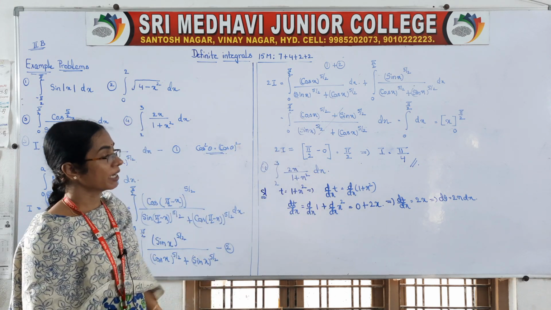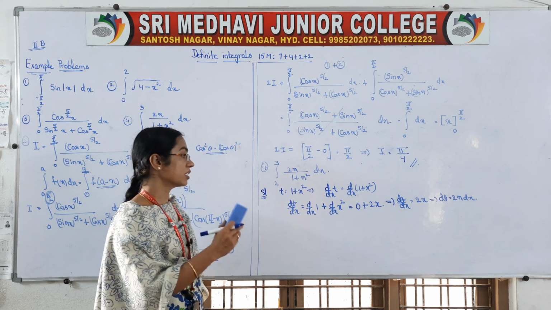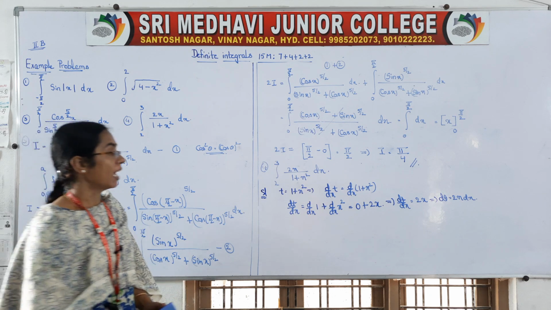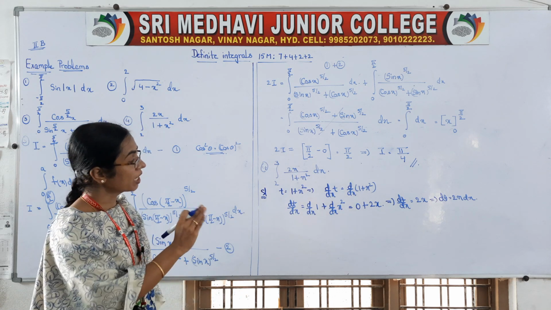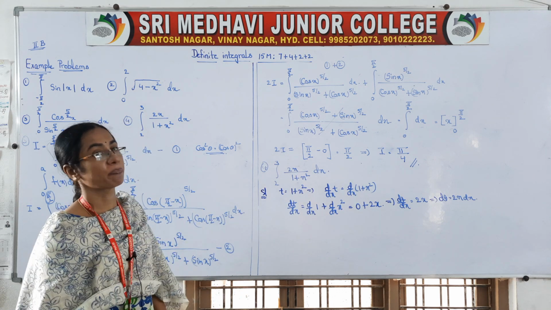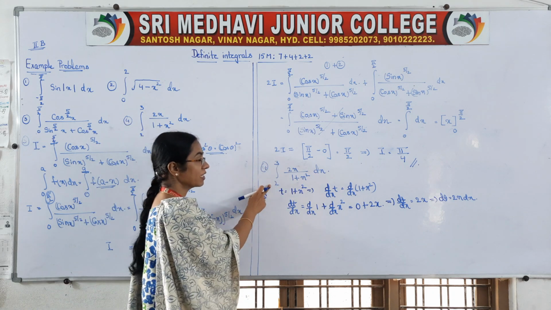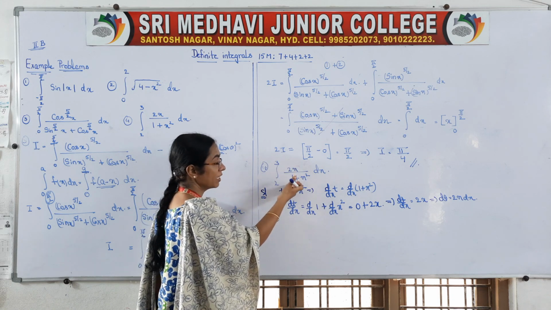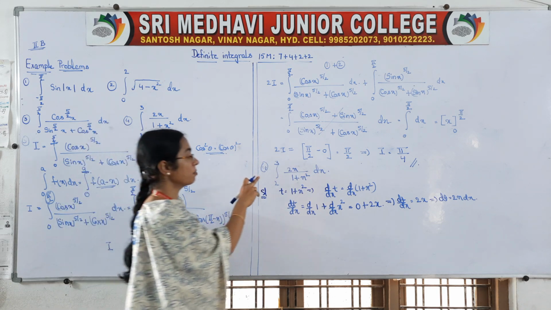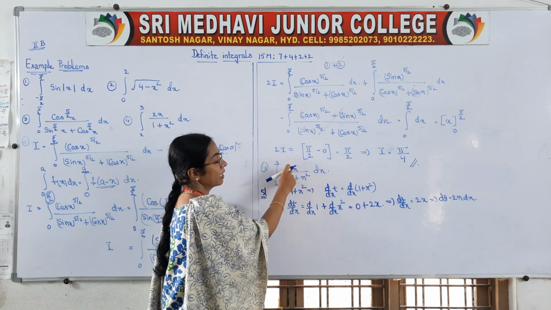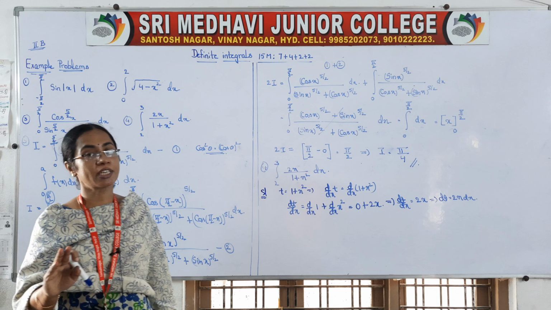But remember, in definite integrals, if we go for substitution, we are changing the problem in terms of t. Actually, the problem is in terms of x, but by using substitution, we are changing the problem into t. So the limits also must be changed in terms of t. What is the meaning of this problem? Find the integral from x is equal to 2 to x is equal to 3, isn't it? The problem is given as find the integral of 2x by 1 plus x square dx from x is equal to 2 to x is equal to 3.